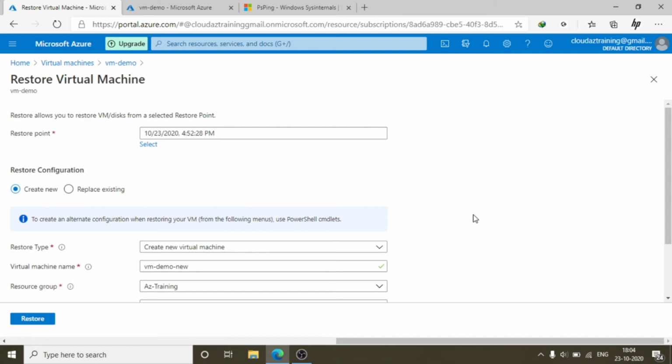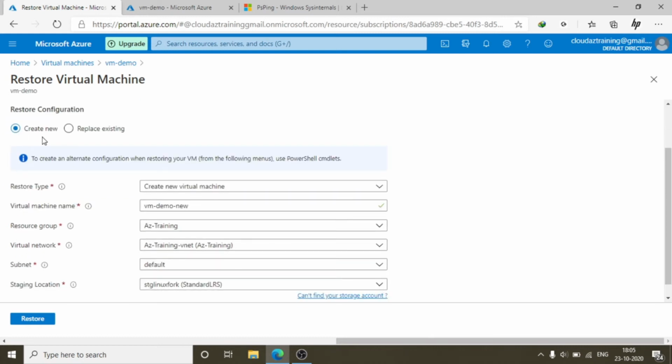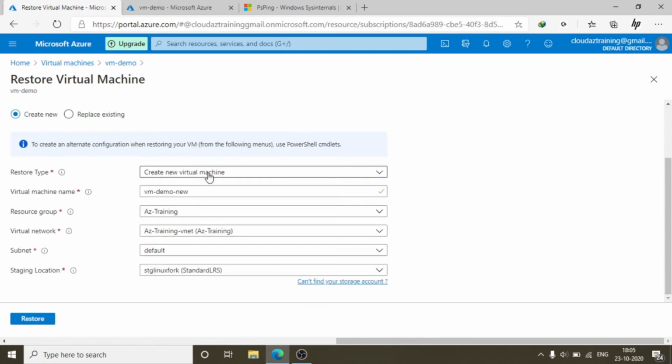As we can see, the first step we did was select the restore point, then create new, and then they are giving restore disk. Here we are not going to restore the disk; we are going to create a new VM from scratch. So all the components, sometimes an additional data disk is also there, everything will be created as new.